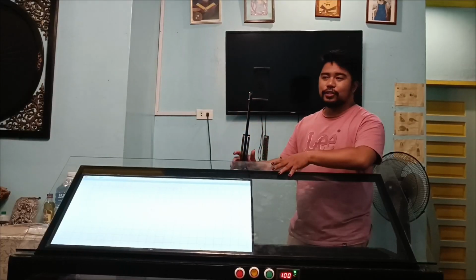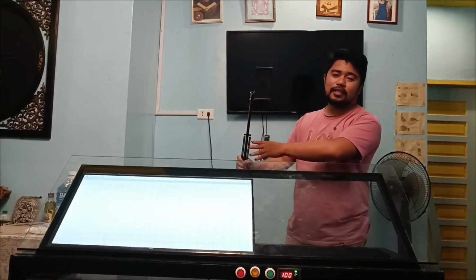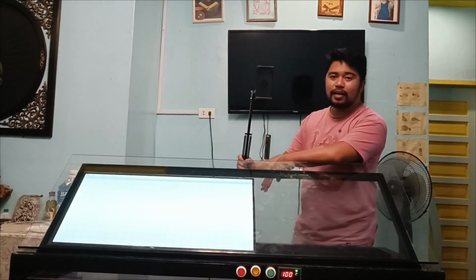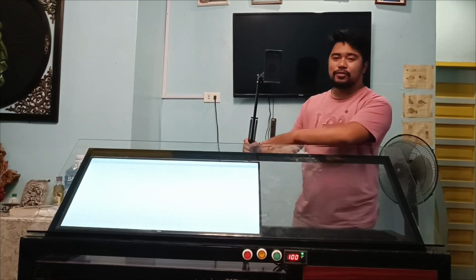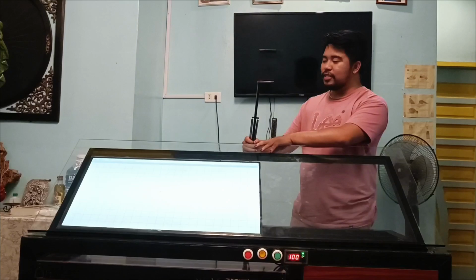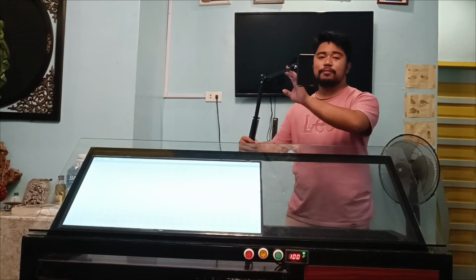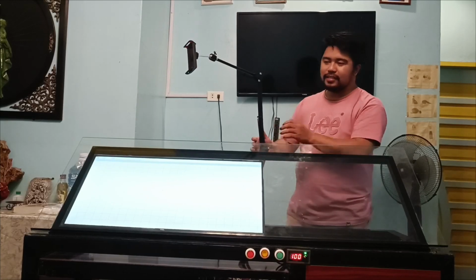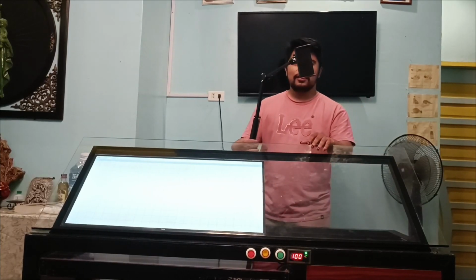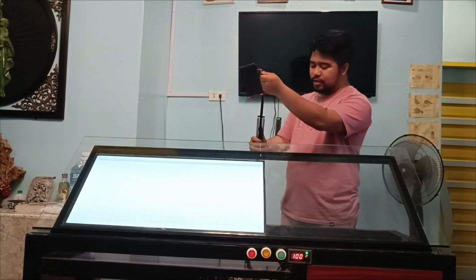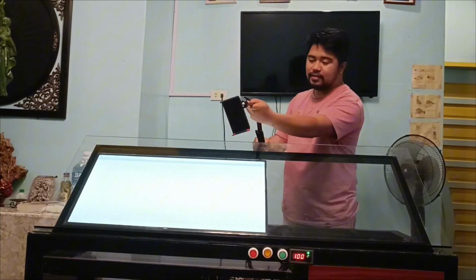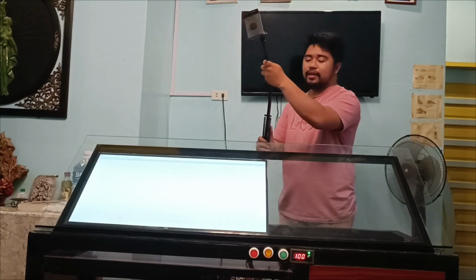This is the second feature of my project. This is what we call the cell phone holder or mirror holder. This is used for referencing the drawing or the outputs of the students or the user. So this can be adjusted by the user's preferences. So you can turn it in the right side, you can turn it also on the left side, and then you can also turn this one into up and down. Depends on the user's preference.